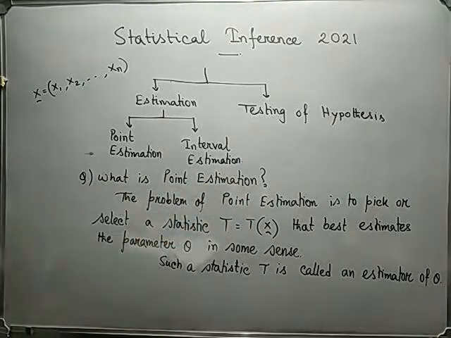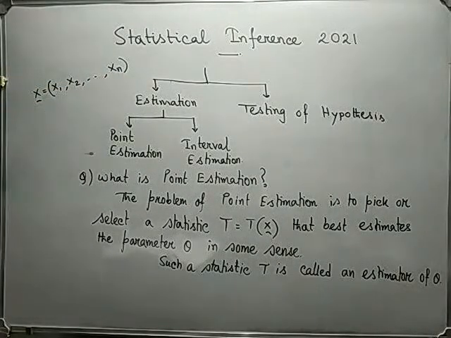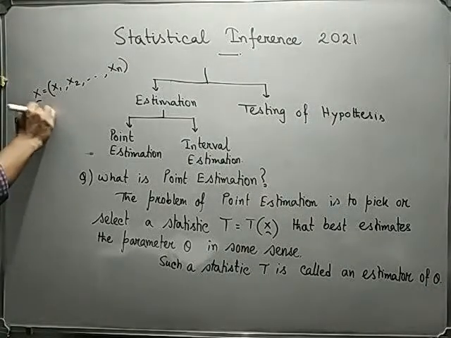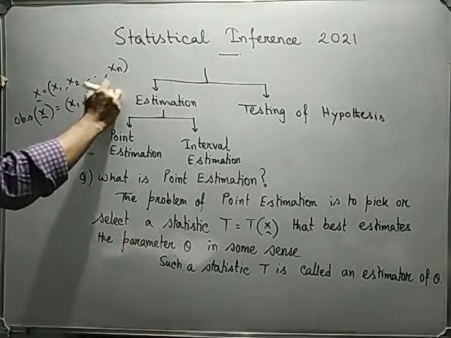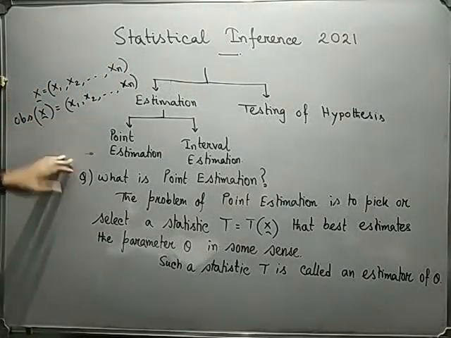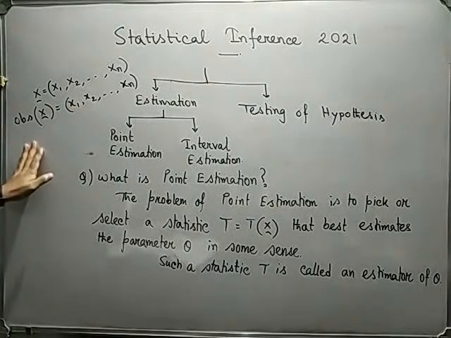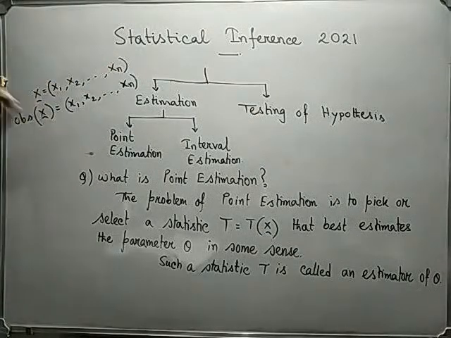Now, what is the observed value of capital X curl? Let's say we have a random sample capital X1, X2, ..., Xn. Then the observed value of capital X curl is small x1, x2, ..., xn, for some n individuals. This is the observed value, and the other is the actual value: the random variable, and this is its observed value. If we have a particular observed value, denoted by small x curl, then